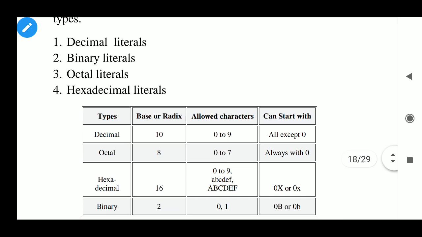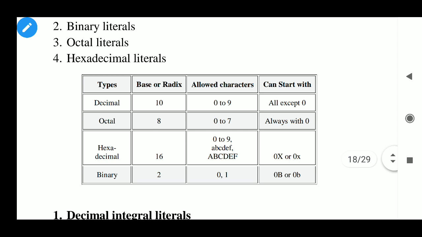This table shows the base or radix of each type of literal. Decimal has base 10 because 10 numbers are used, 0 to 9, or all except 0. Then octal, base 8, 0 to 7 numbers are used, starting with 0.